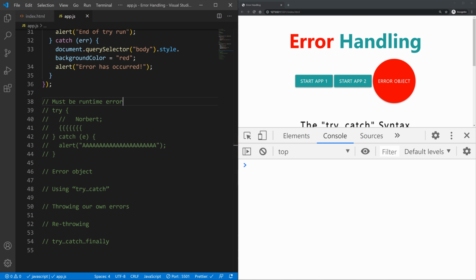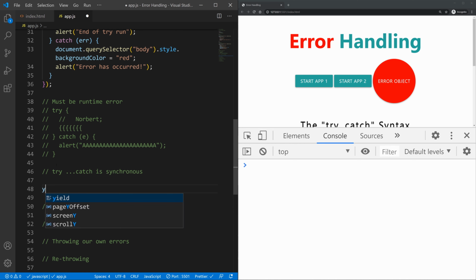Okay, now try catch works synchronously. So what does this mean? Step in here, try catch is synchronous. Well, if an exception happens in scheduled code, like in set timeout, then try catch won't catch it. So let's just say